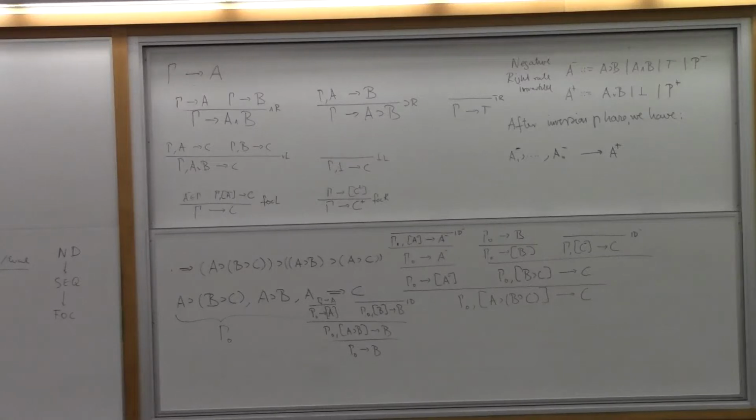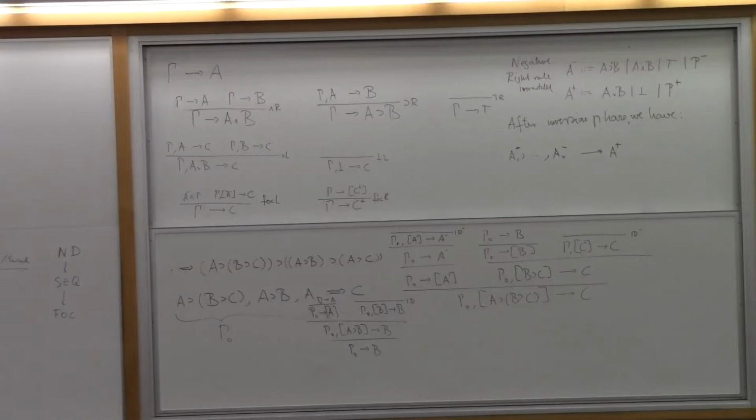Okay. So I think the original question was there are three forms of hypothetical judgment. One with no focus, one with focus on the left, and one with focus on the right. That's correct. So if you count that way, then that's correct. So in your lecture notes, you use the words left and right for those two judgments you're talking about? Right. And so now there's two new versions of that, focus on the left, focus on the right. But I can also count another way, so that's also valid.